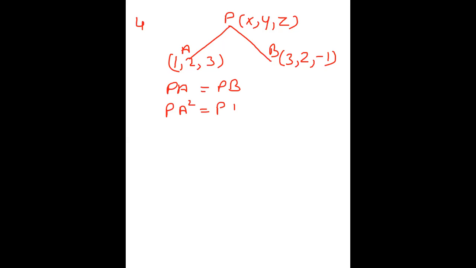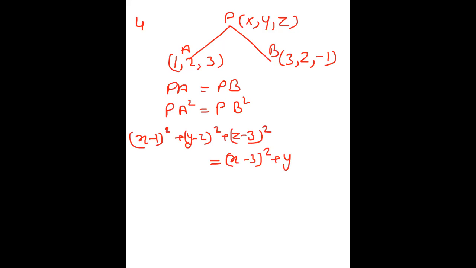PA square equals to PB square. If the distance is equal, then its square will also be equal. PA equals to PB. This will help us to remove the square root. Now directly distance formula we are applying. (X minus 1) whole square plus (y minus 2) whole square plus (z minus 3) whole square equals to (x minus 3) whole square plus (y minus 2) whole square plus (z plus 1)